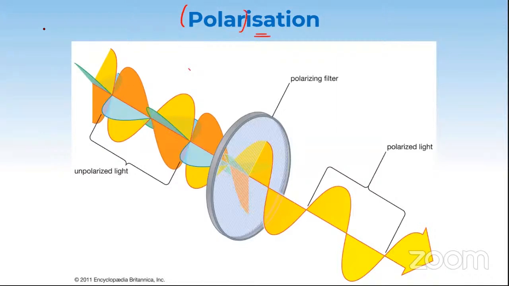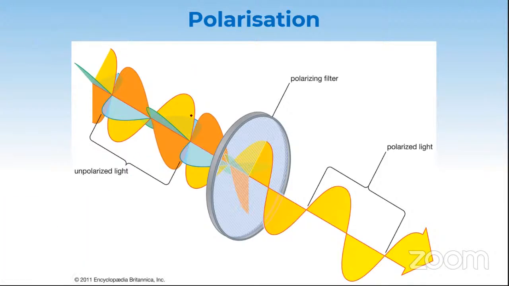So polar, you might know what is a polar, right? Polar means which has two ends. For example, Earth has a north pole and a south pole, and even a magnet has a north pole and a south pole. Polar is nothing but which has poles. So remember that word. It's a keyword to understand this concept.